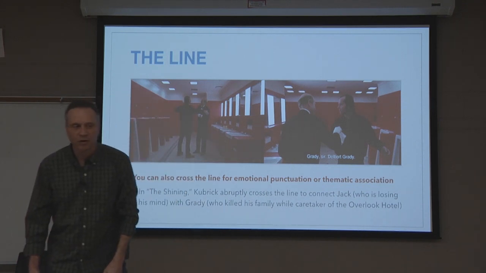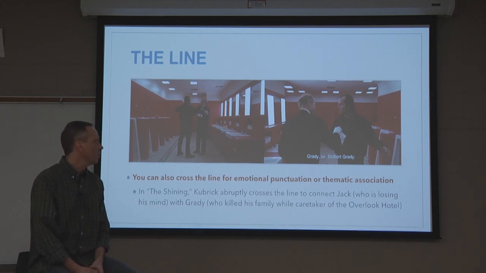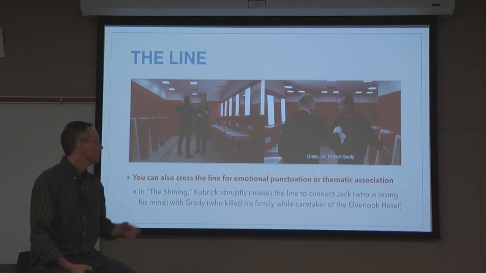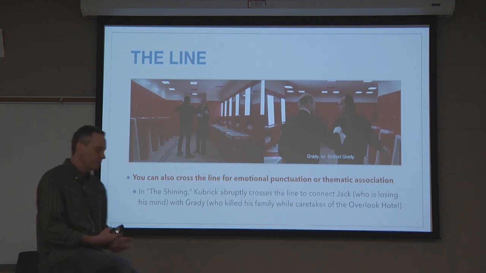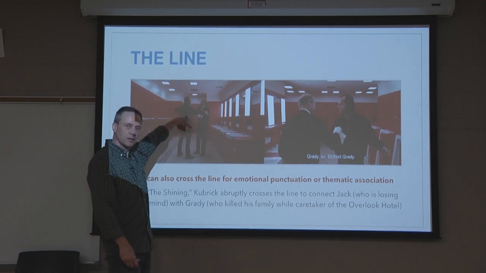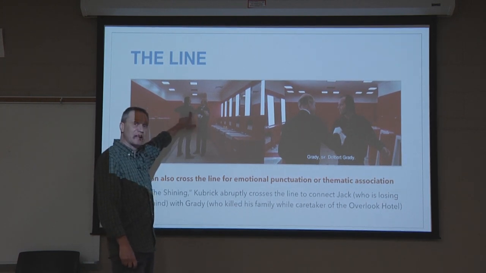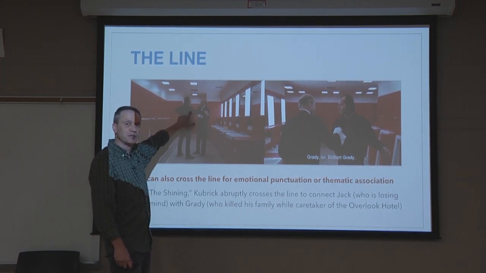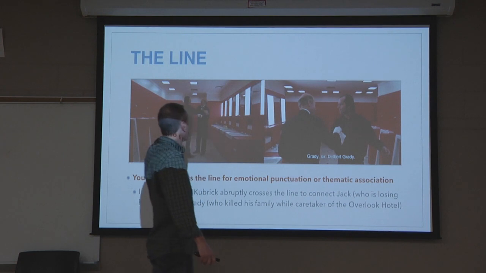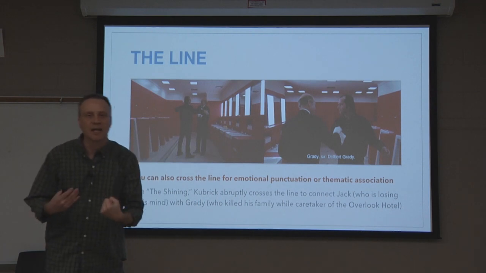But that's done for really dramatic and thematic purpose, because in this scene, what Stanley Kubrick's trying to do is connect these two men. If you've seen the film The Shining, this man was the caretaker of the hotel before this man. This man killed his family. This man's going to try to kill his family. So when we reverse this, and suddenly now he is in the same position that he was, we find a way to kind of connect those two men